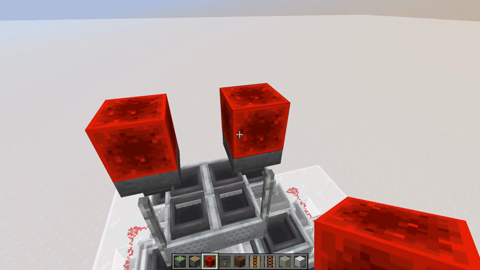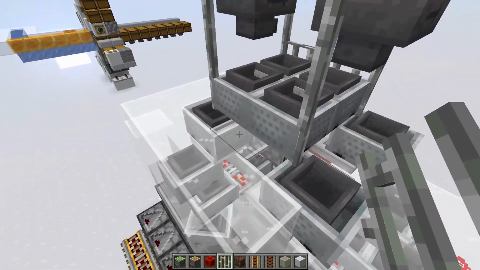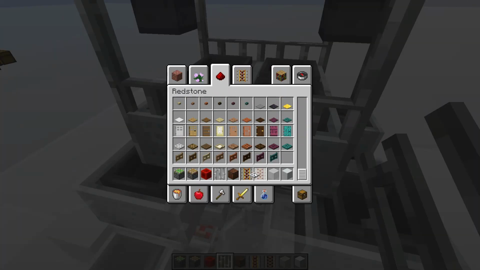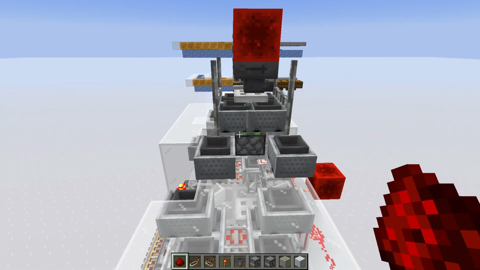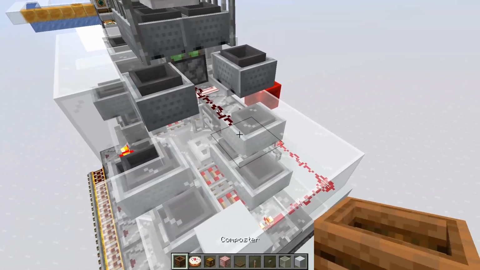2 redstone blocks on top of them. And we can go ahead and place down iron bars like so. And then we'll want to grab an iron trapdoor and place the iron trapdoor in this space right here. Now, if we were to extend or retract the sticky piston,